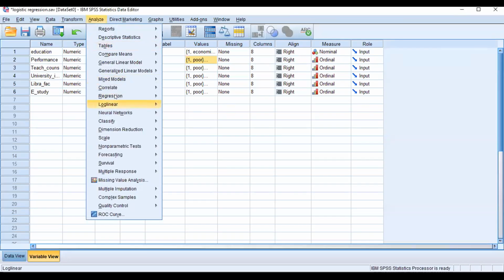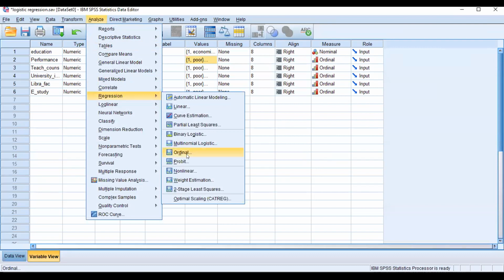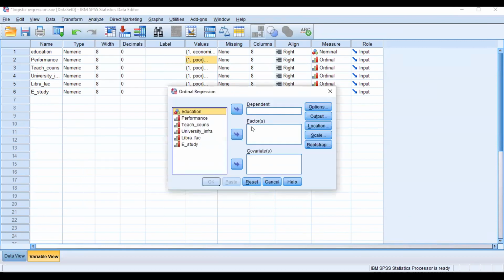Okay, I'm going to logistic regression, where my data is. Analyze, regression, then logistic, ordinal, because my scale is ordinal. Here again the dependent variable is performance. The next factors are technology and so on. Each study can be the covariate if you want. Also, if that is a nominal variable like education, you can put it in that.